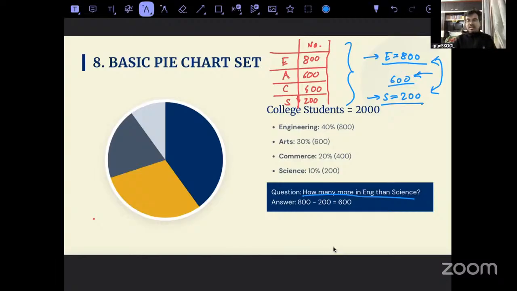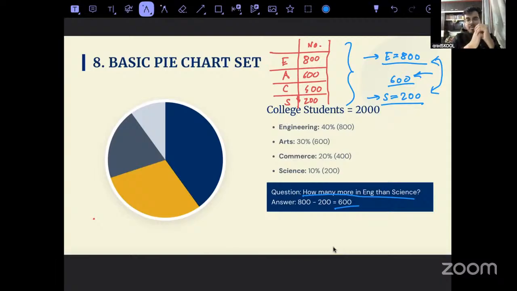Got it? This is the very basic level of question for now. You'll have some complicated questions, but don't think of anything. For now, your work should be whether you are able to understand what is a pie chart, what is a bar chart, what is a line chart, and stuff. If you are able to do these things right now, you can expect yourself to be one step ahead.